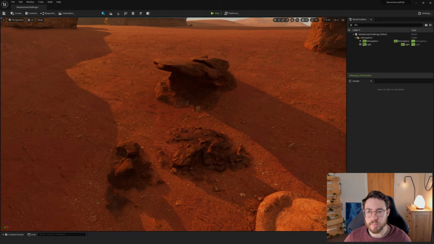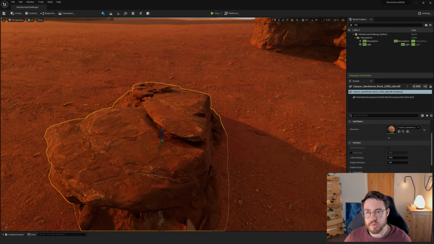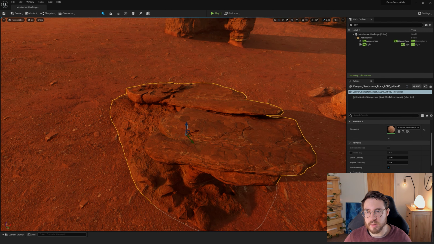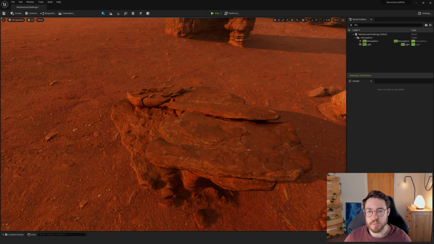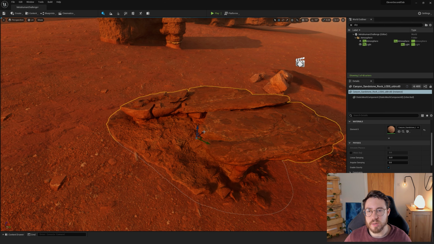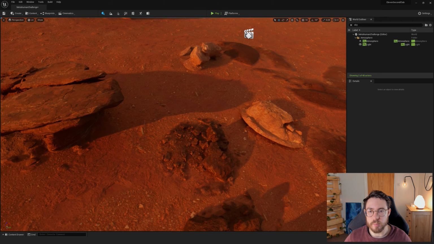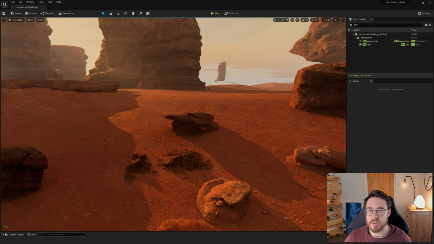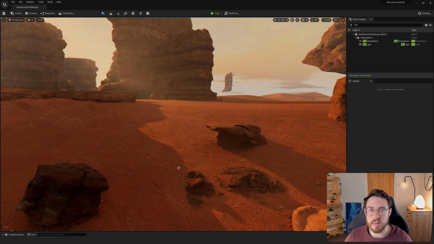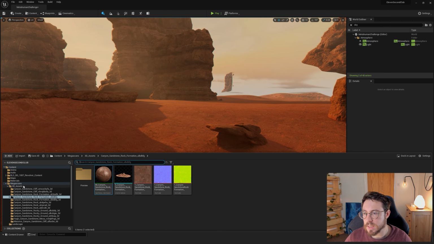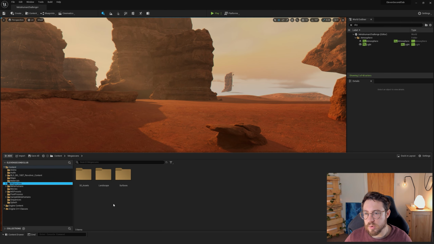Just porting that over, and then you can kind of build your scene with Nanite meshes, right? Of course, you can still use the old ones. I mean, they still look incredible, right? But I just think it makes more sense to have everything being built with Nanite meshes instead, rather than mixing the two. One thing that I want to show you as well is that you could also migrate content over